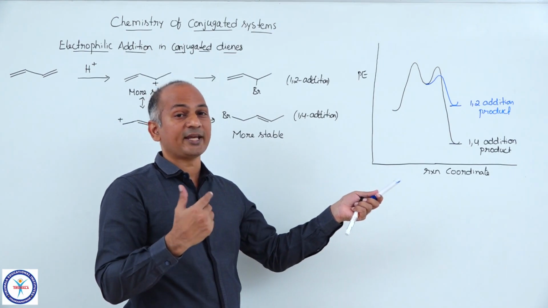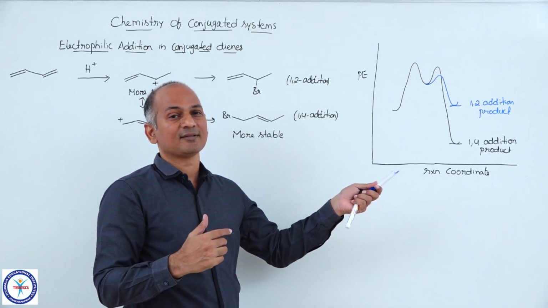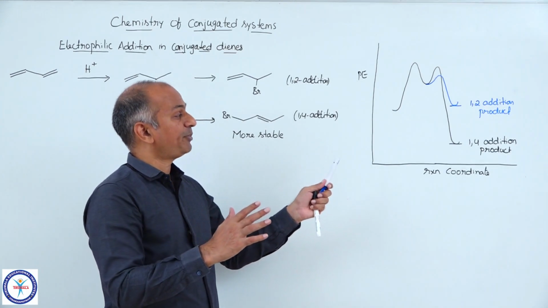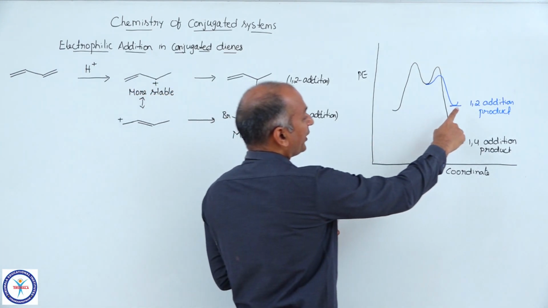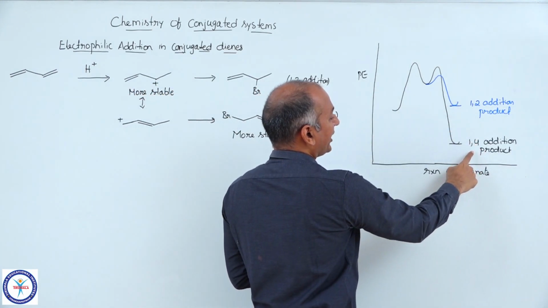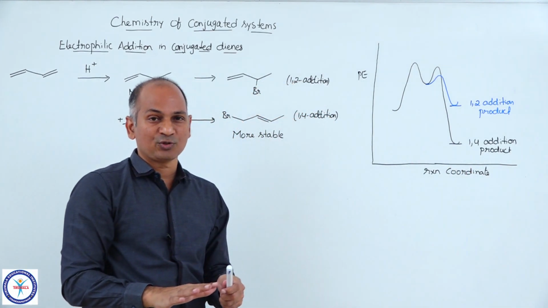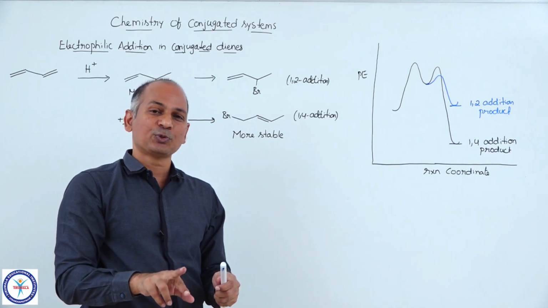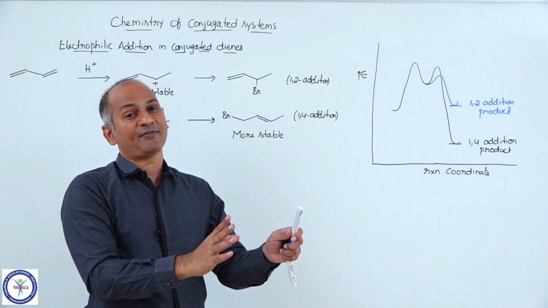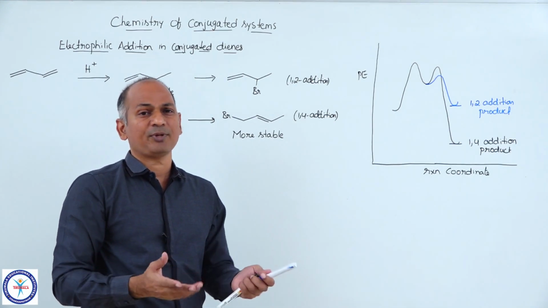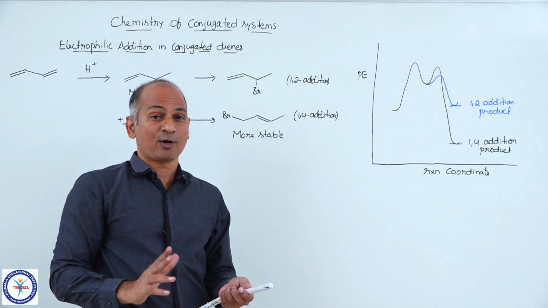So that is faster. The rate constant for that particular path is higher, so faster. All of you recall the Arrhenius equation in chemical kinetics. So at that temperature, the 1,2 addition product and 1,4 addition product are formed maybe in the ratio 9:1, maybe in the ratio 8:2, but the 1,2 addition product is definitely the major product. Simple, it involves lesser activation energy at low temperature.